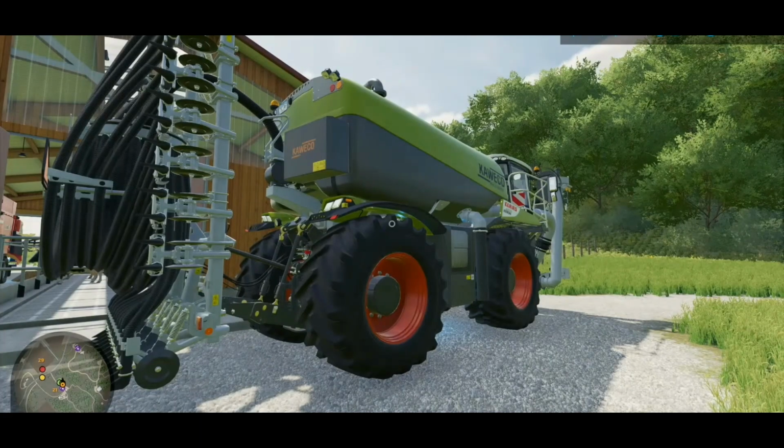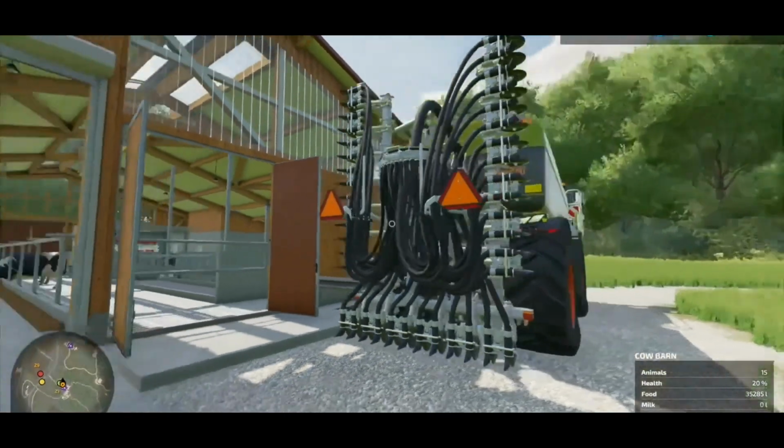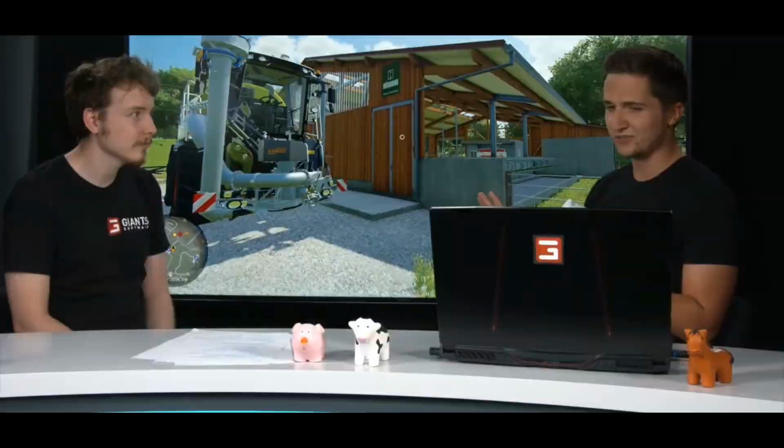So we got at the back the slurry distributor and the tank on top. And as you have probably already seen on the website, we got also the semi-trailer tanker for that. So if you need to have some more slurry, you can use that. Okay, but first, before we start,